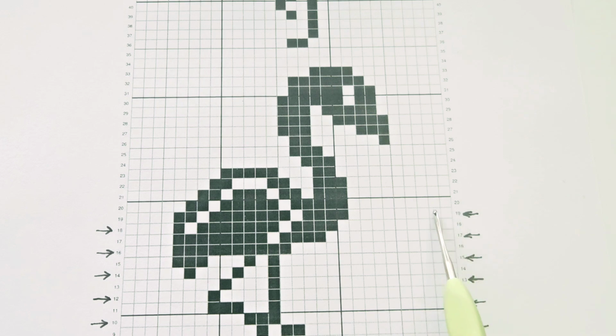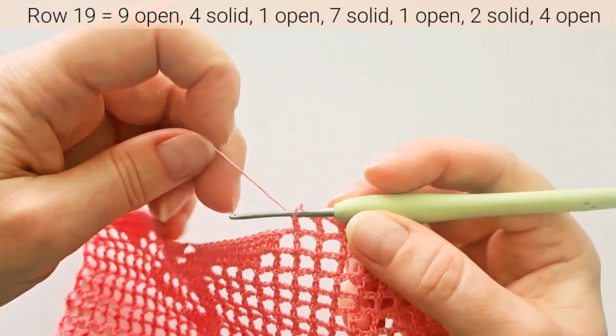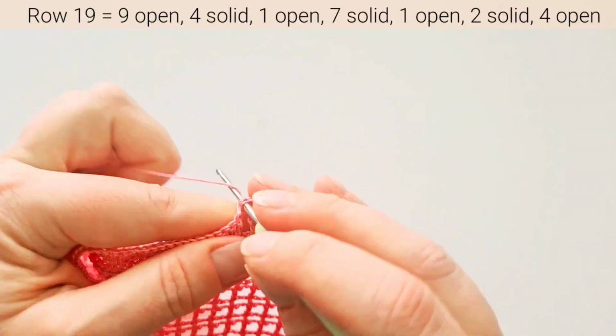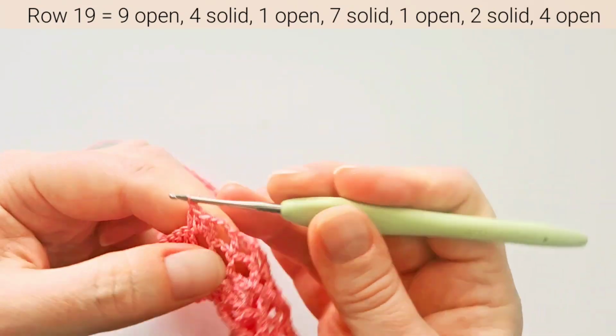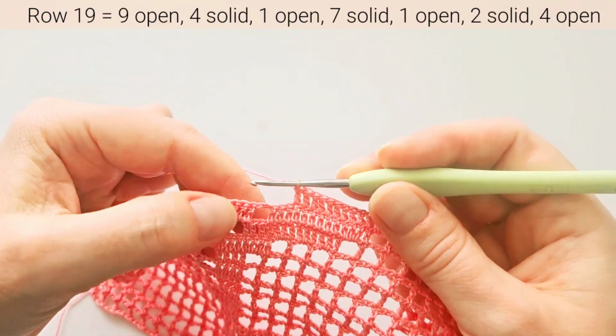Row 19, 9 open, 4 solid, 1 open, 7 solid, 1 open, 2 solids, 4 open. After 9 open, do 4 solid, again count 12 double crochets. 1, 2, 3, then 1 open,